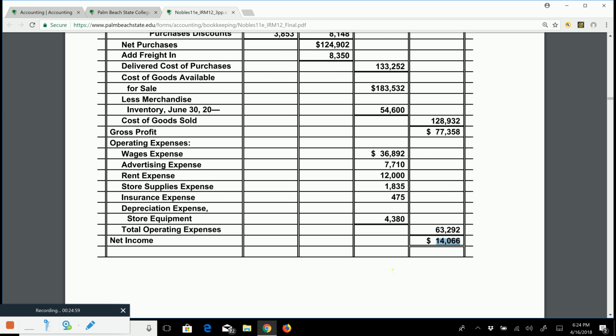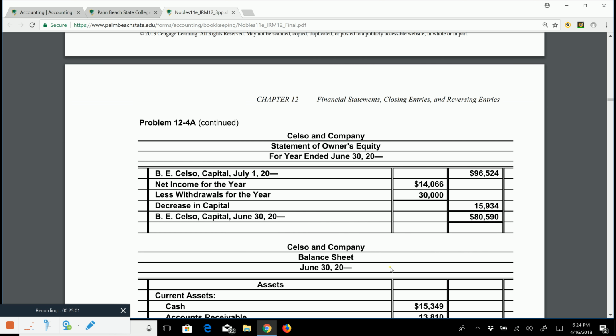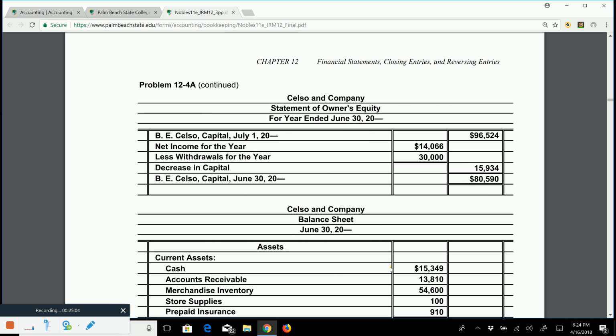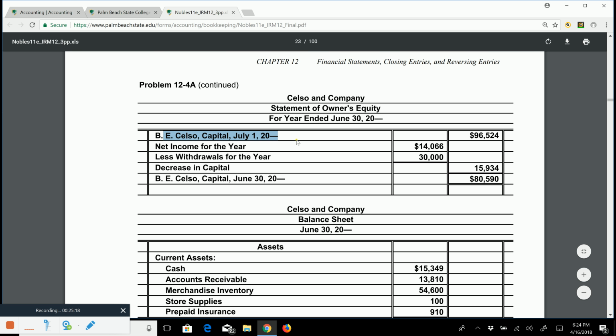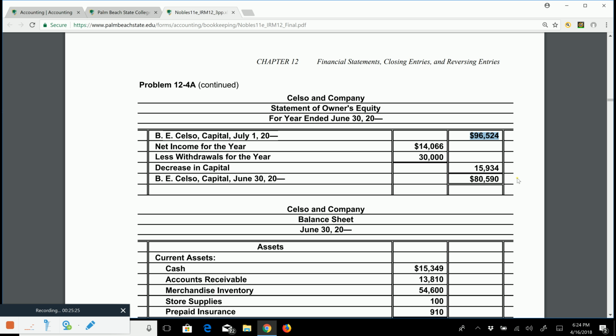After your income statement, the next statement that is required to be prepared is called a statement of owner's equity. And the statement of owner's equity is simply a roll forward of the capital account from the beginning of the year to the end of the year. So we're going to start the statement by taking the capital account at the beginning of the year. This you can find in the original trial balance. And if you look on page 568 and you look for B.E. Kelso Capital, you will find this number,